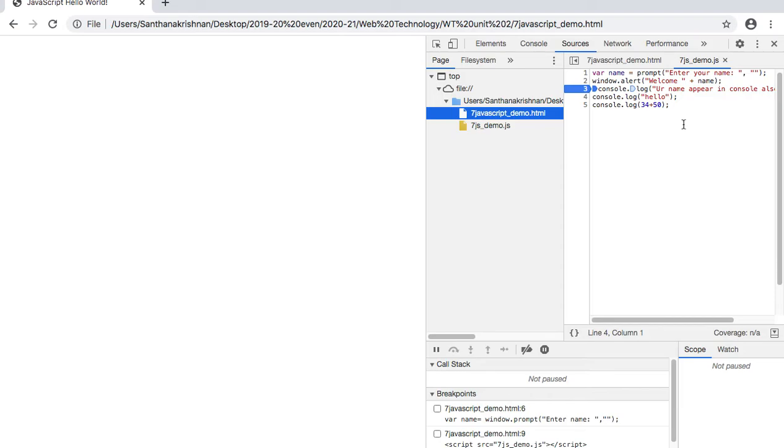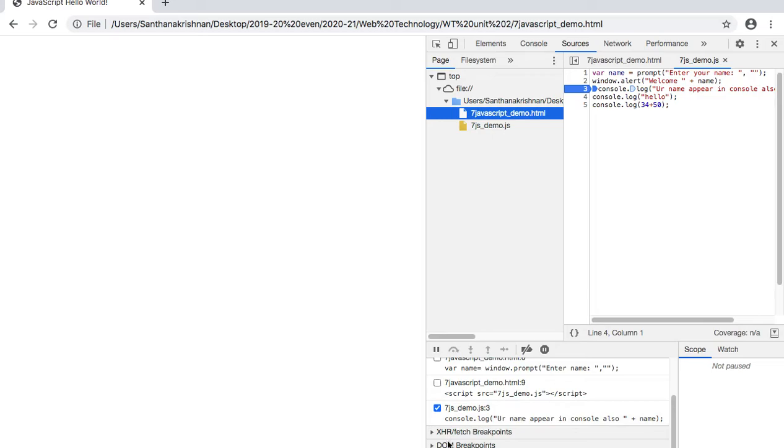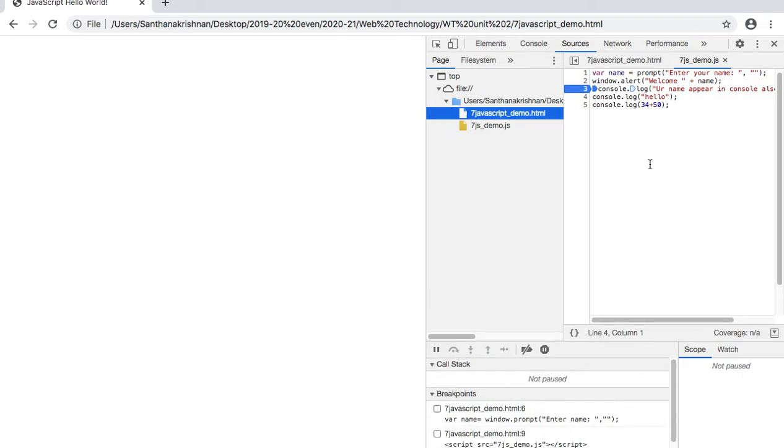That's the meaning of giving the breakpoint. In a real world scenario, a JavaScript file won't be 5 lines or 10 lines. It is in terms of thousands and thousands of lines. So in this situation, the breakpoint will be very helpful for the developer to debug the code. Apart from this, there are DOM breakpoints, event listener breakpoints, fetch breakpoints, and a lot of other things, and we are going to see only the simple breakpoints.